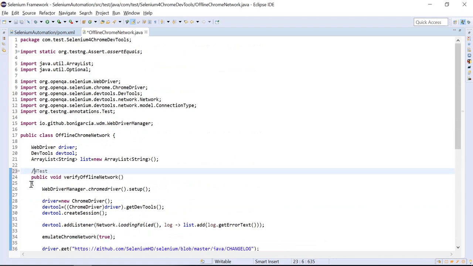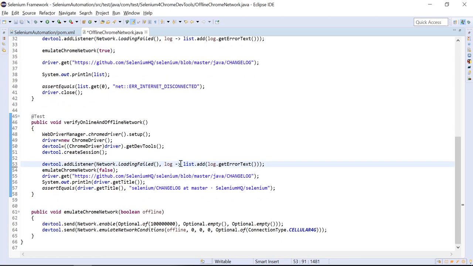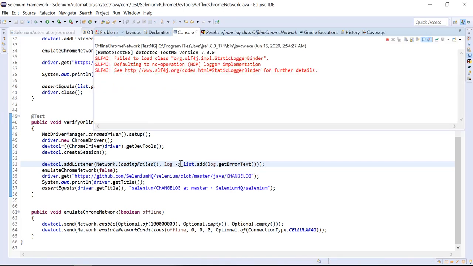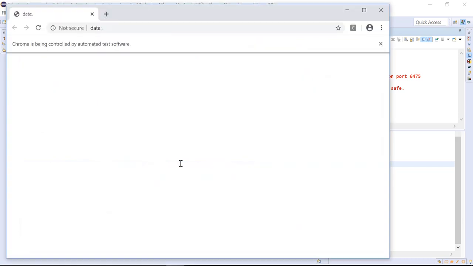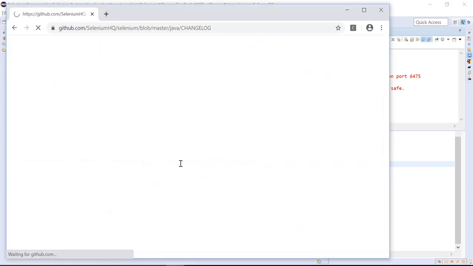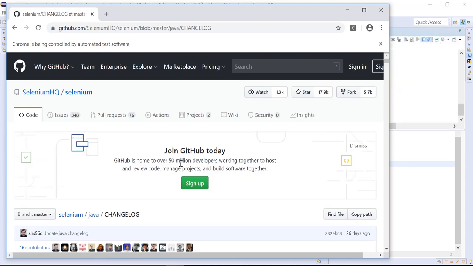I am commenting first test case. So this time the second test case is going to execute. Let me execute. So test case is being run. So browser open, and now network is on. You can see here it opens successfully.